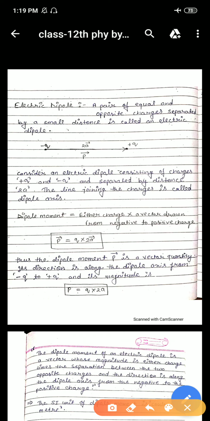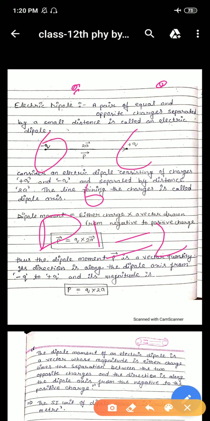In the previous lecture, we discussed the electric field. Now, in this lecture, we have to study the electric dipole. Is it clear? Electric dipole. As you know, electric means charge, and dipole is a new word. Di means two, and pole means this one is the first pole and this one is the second pole. Electric means charge and dipole means two poles, so a dipole of charges.